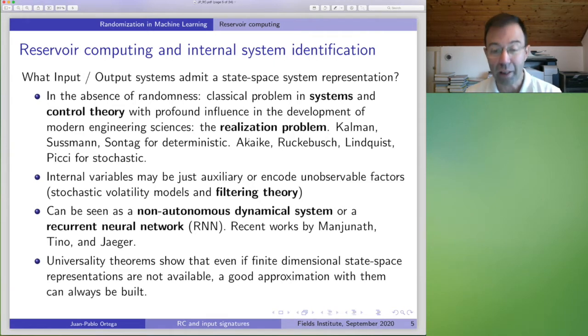So then there are also links with a much more recent theory, which is the theory of non-autonomous dynamical systems. As I say, this is very recent, and then there are these recent works by Gandhi Manjunath, Peter Tino, and Ortega that I like very much. And those links, I think that they need to be fully exploited, first for the beauty of the maths that go with it, and also because they truly say something about applications.